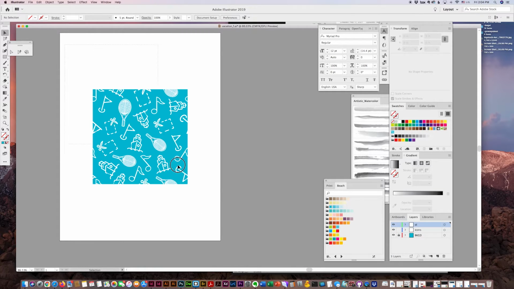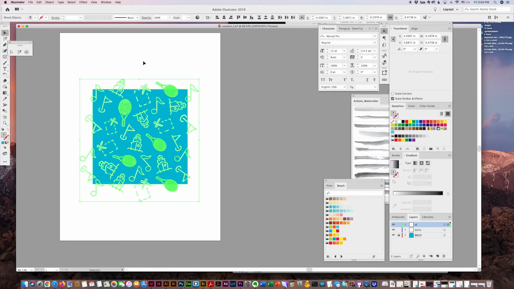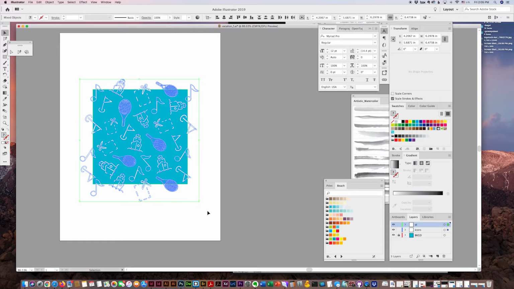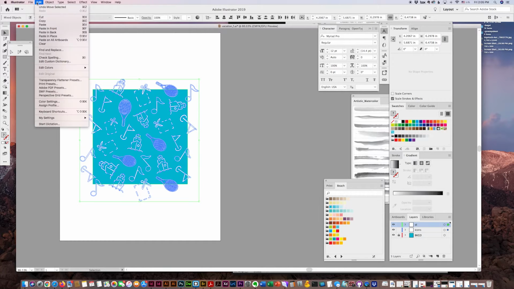So I'll group the icons, and then they should be over here on this layer. And then I place my outline box, no fill, on top of the grouped icons for the pattern. So then I'll make a mask